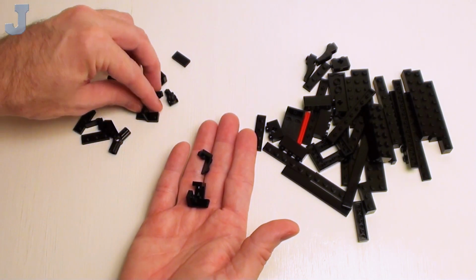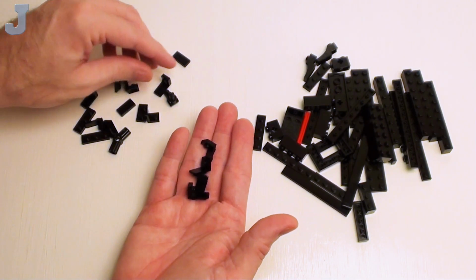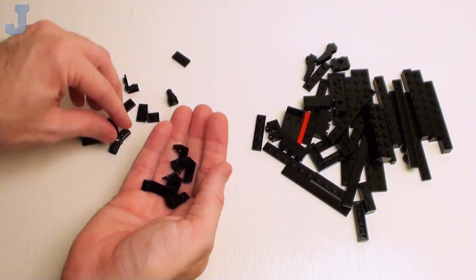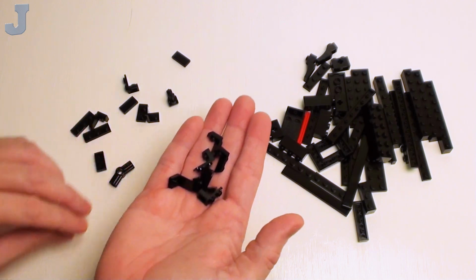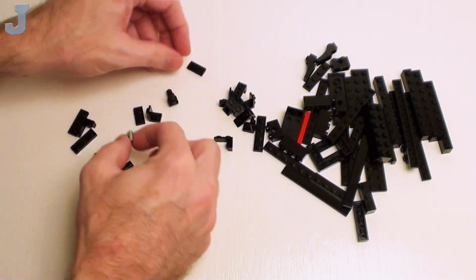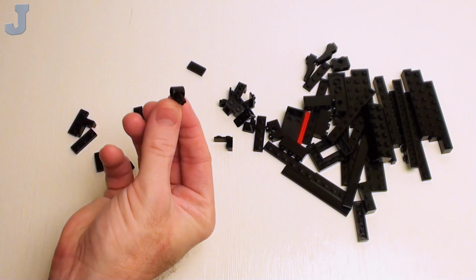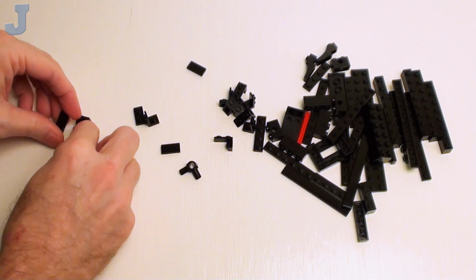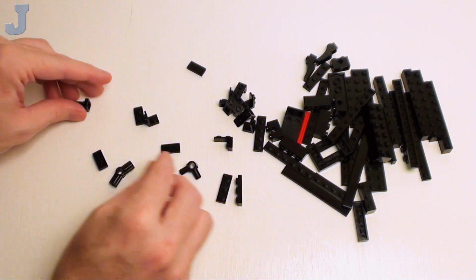So we got plenty of 1x1 by 1x2 upwards angular plates. These would be great for vehicles like that hearse I was building. I got a lot of those. Look at that. There's a whole bunch in there. 1x2 flat tiles. One of these cross axles that's got the Technic hole in the side, and 1x3 plates. And